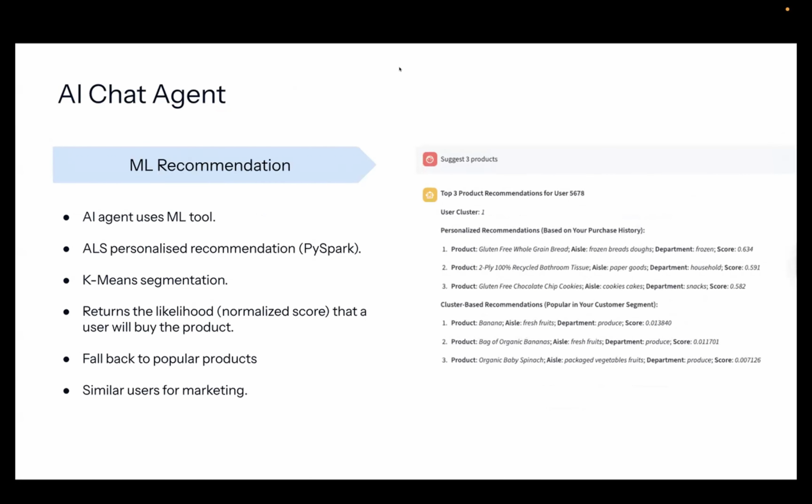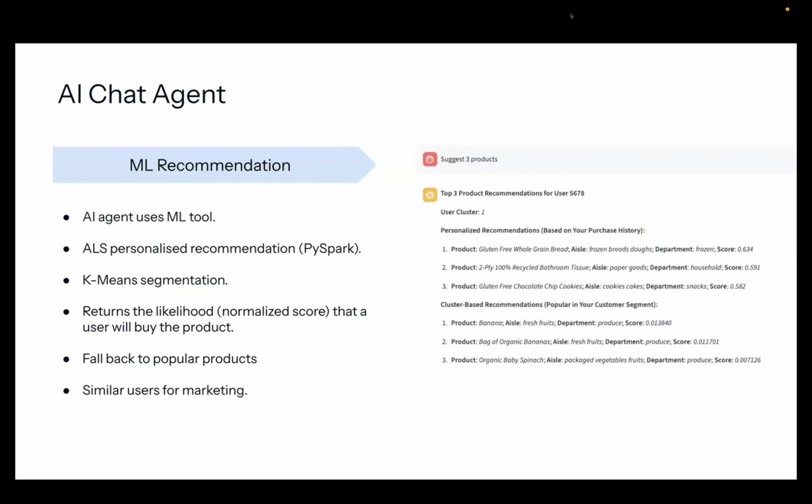Okay, so on top of RAG, we have machine learning tools. We have an LSTM model and the K-means model trained with SageMaker. We use these models and their results to design some tools, and then the agent can use these tools to recommend products. The agent will return normalized scores, which are proportional to the likelihood that the user will buy some products.